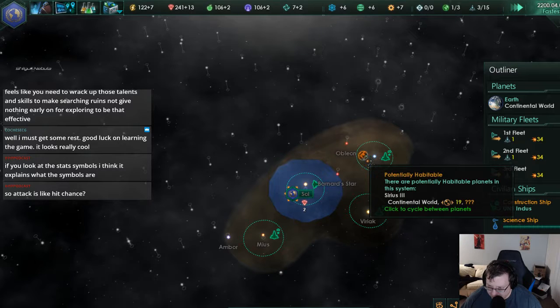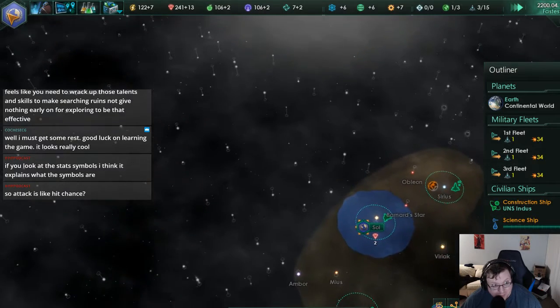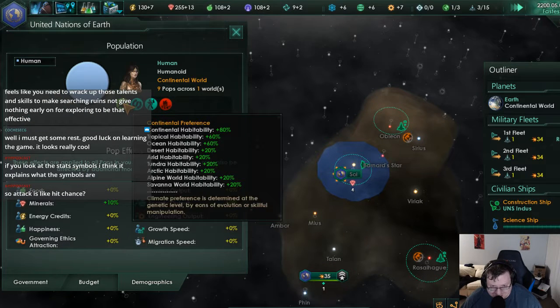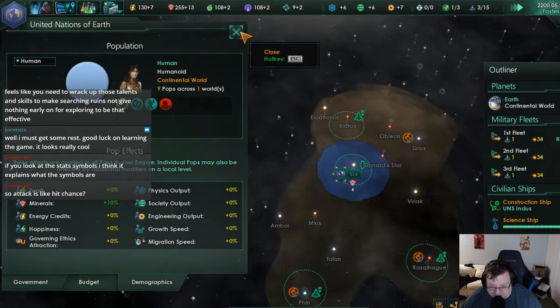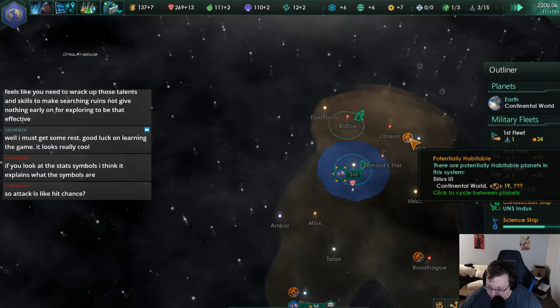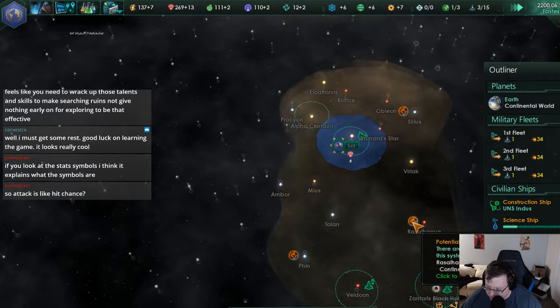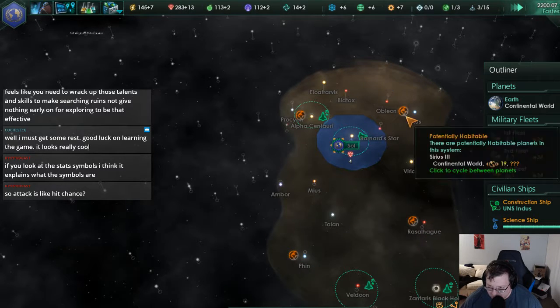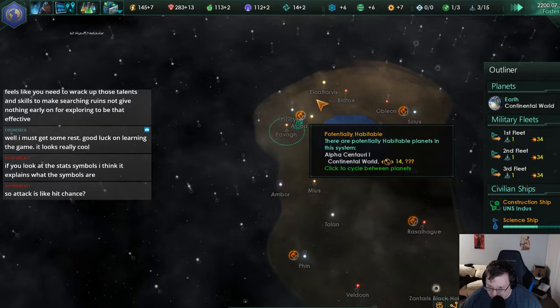Already we found another planet, and it is our preferred type. We take a look at the human demographics. We prefer continental, and we're okay with tropical and ocean. Anything else, we kind of suck at living on. So we have a continental 19, 12, and 13. So even though we can live on all 3 of these, all 4 of these...